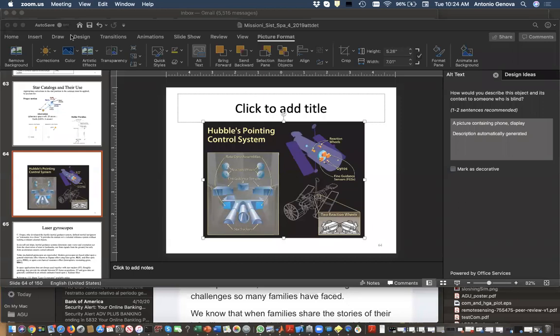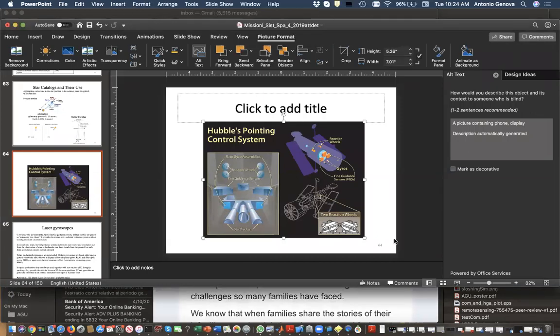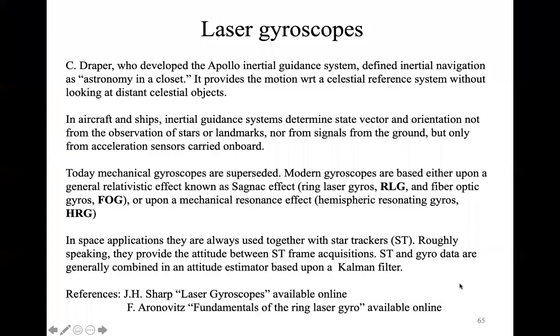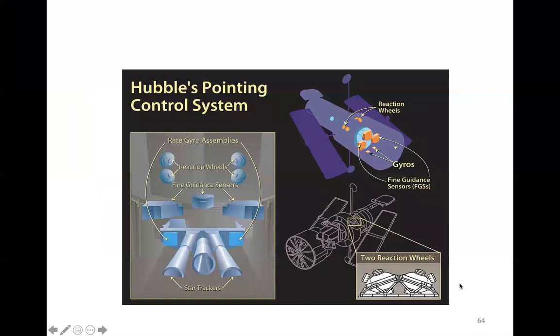And today we are going to look at the gyroscope, but first of all, I would like to give you some further details about the star trackers, because yesterday there was one question regarding one configuration that was found in the literature, and one of